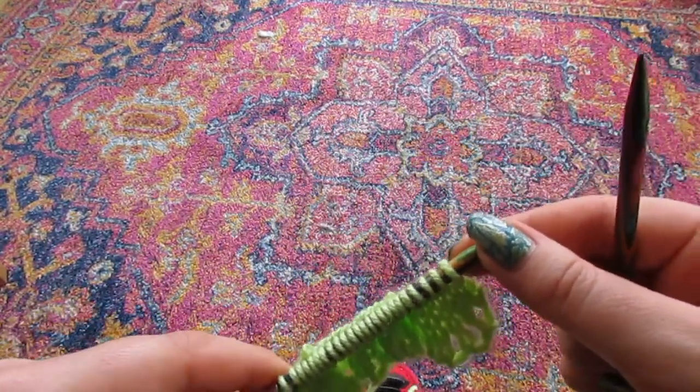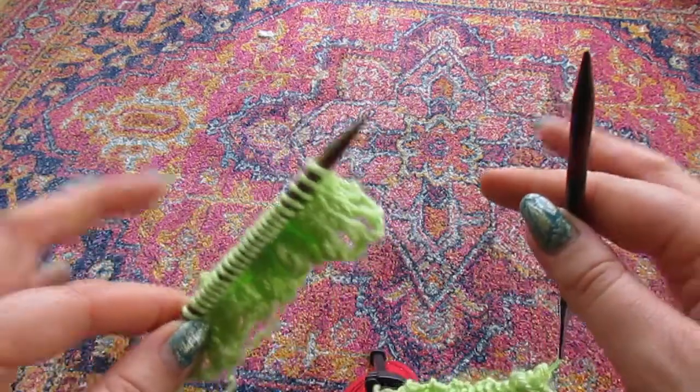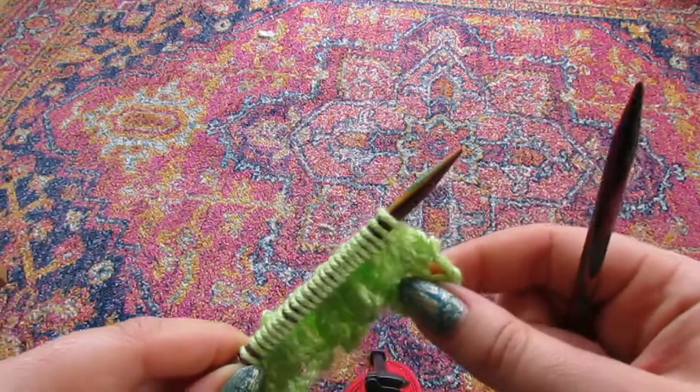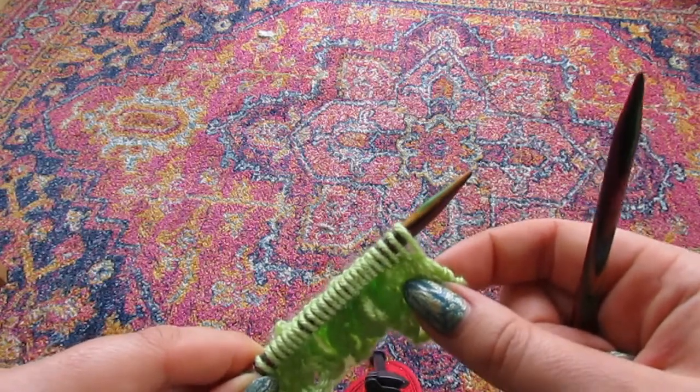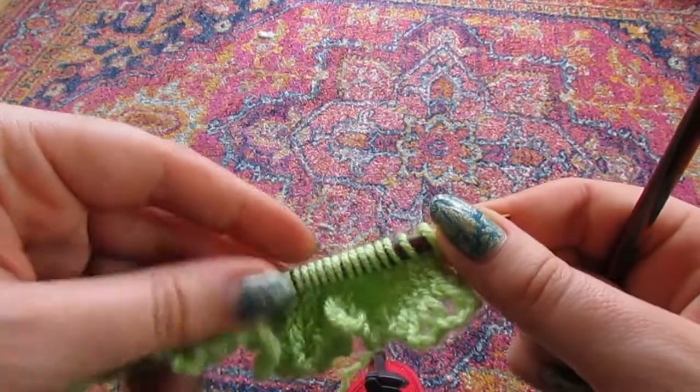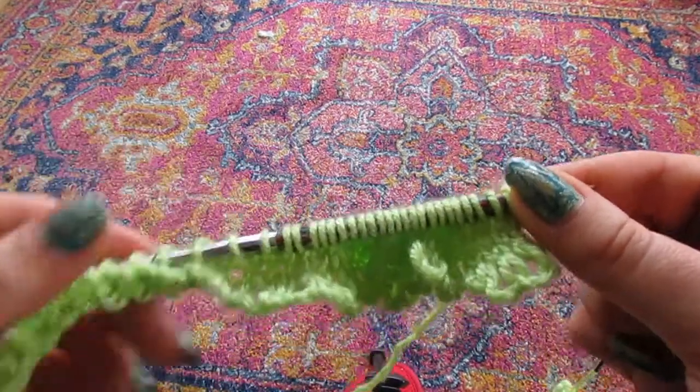But do read the pattern all the way through before you get started and buy your equipment, because it may tell you partway through that you have to switch to double pointed knitting needles if your work is getting smaller and smaller. Alright, so just to recap, what I've done here on my circular knitting needles is I've cast on